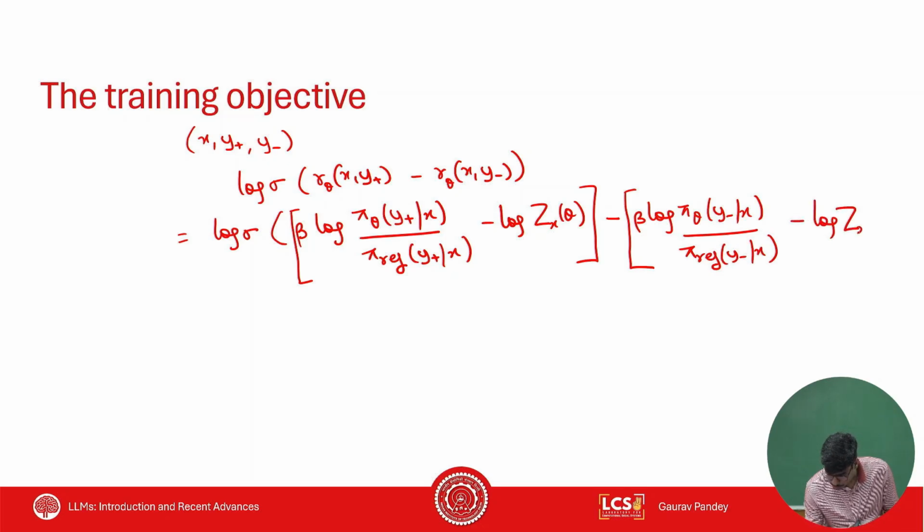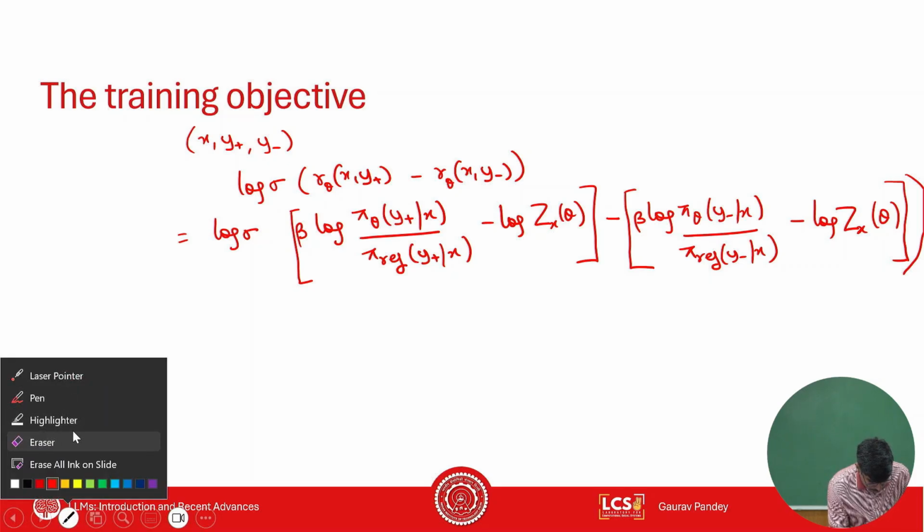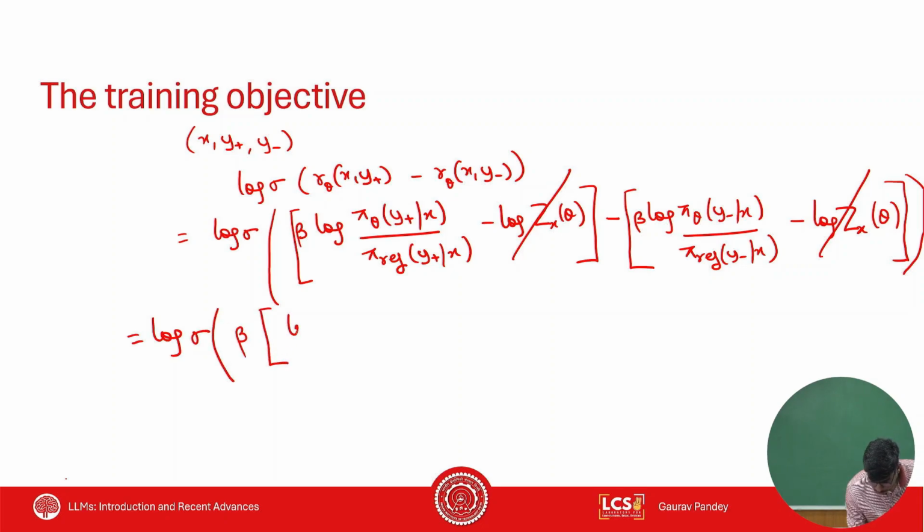Minus beta log Z(x). So is there something that we can cancel out here? Yeah, the log Z term can be cancelled out. And what does this give me? Log sigma of beta times log pi theta y plus given x